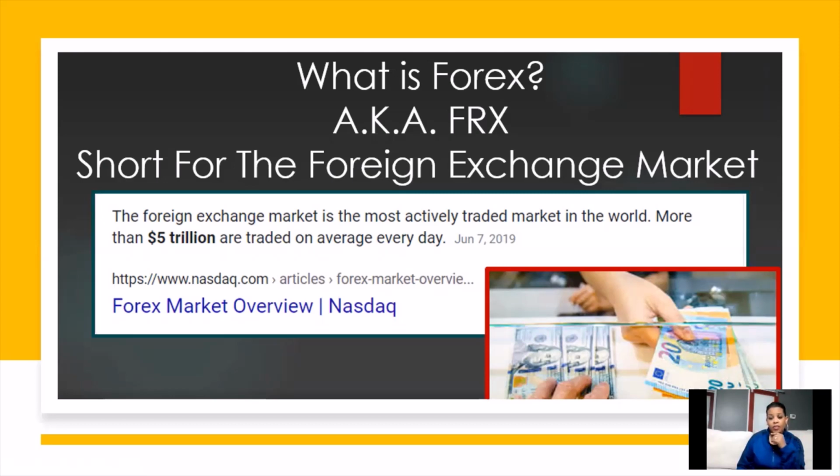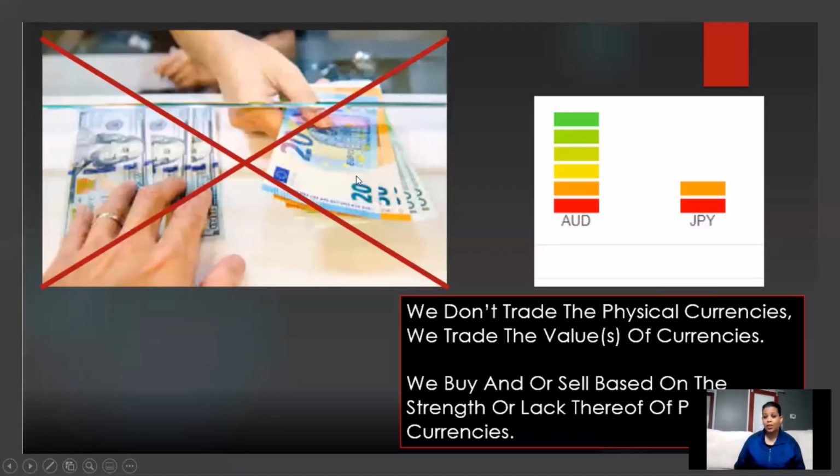Now, this market is no joke. Over $5 trillion a day. It says over on here, $5 trillion on average is moved in the market every day, but a lot of times it's more than that. It's as much as $6.6 trillion a day moved on this. And so if we're able to tap into that and capitalize and get a percentage of that, then we can live a pretty decent lifestyle based on a skill set that nobody can take from you.